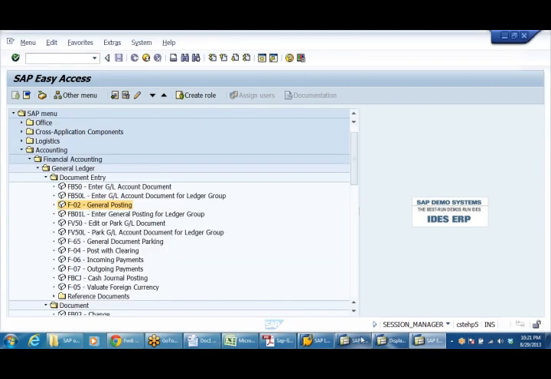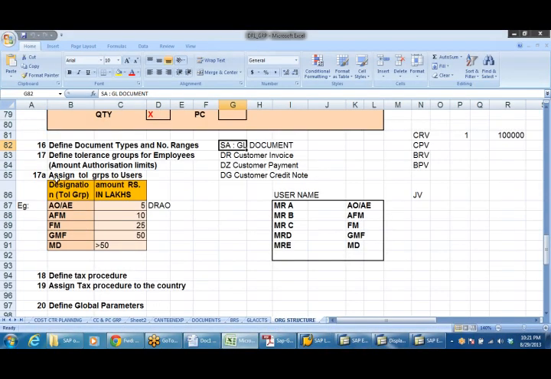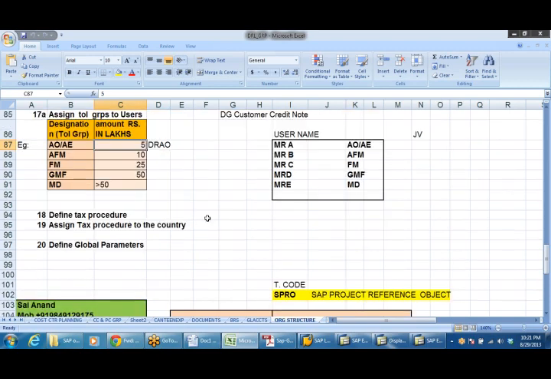And what are the other things? Tolerance group we have also seen. The system did not accept more than 5. For AFM, we have created 10 lakhs for the DRL company code and the system accepted up to 10.